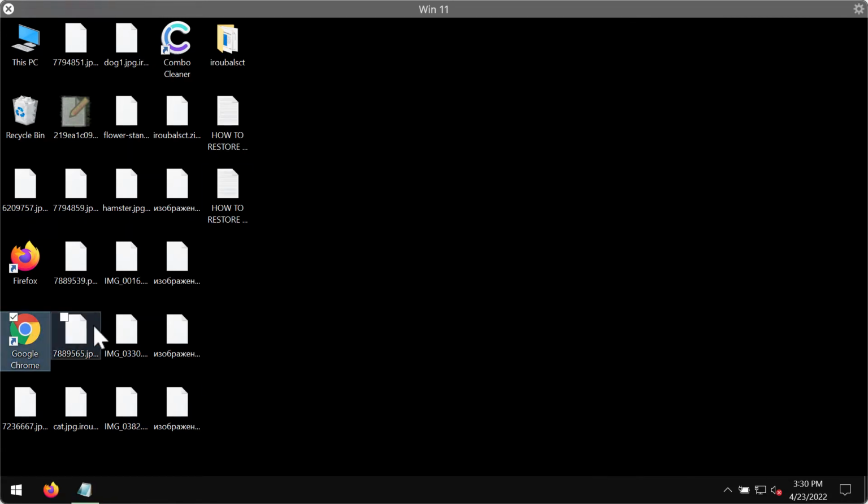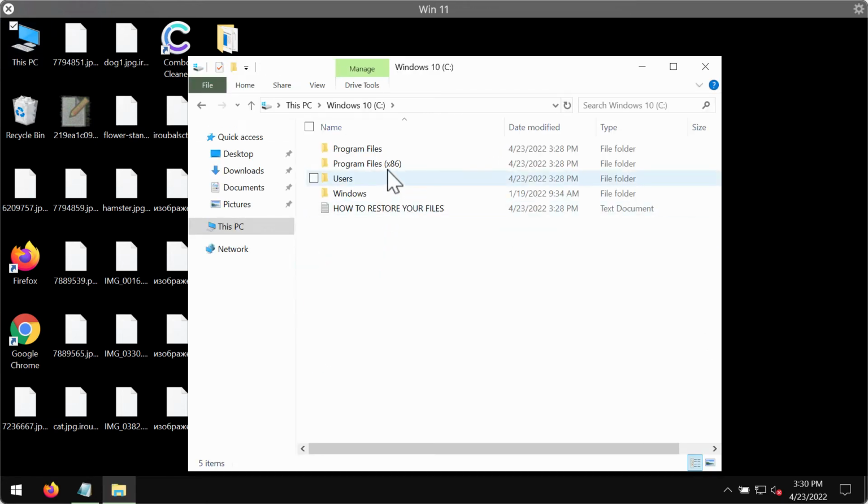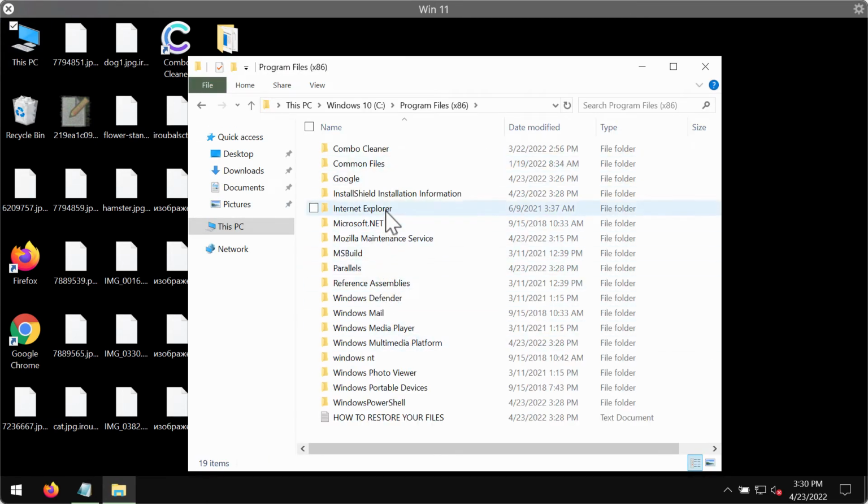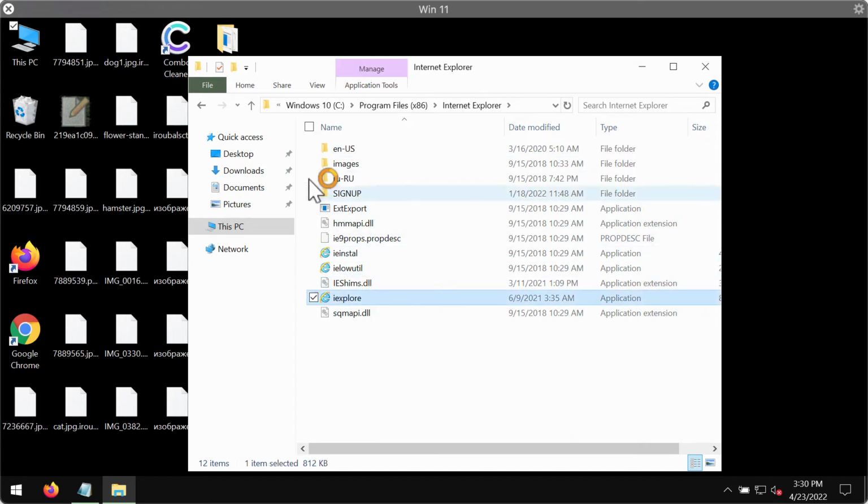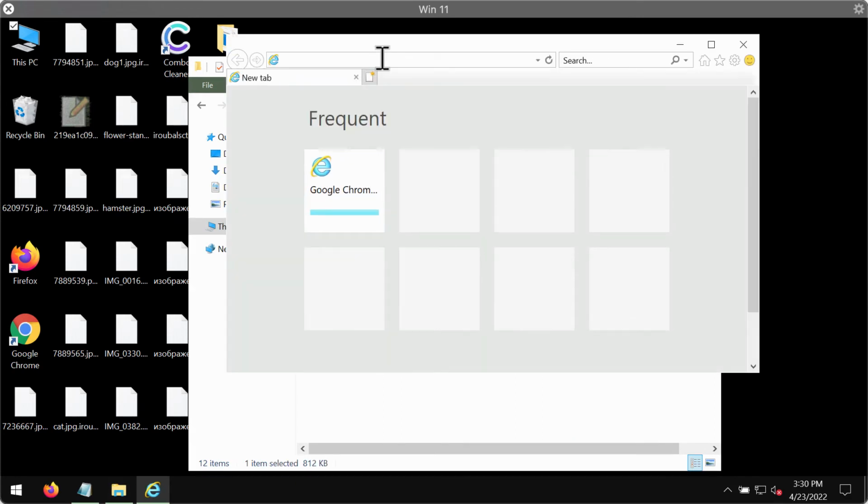We also recommend you to remove this ransomware immediately, and we suggest you to do that with the help of Combo Cleaner antivirus. You may get its latest version on the official website combocleaner.com. You may download Combo Cleaner through any available browser. If you cannot start your common browser like Google Chrome, you might need to use Internet Explorer browser for this purpose. So once again, the page is this one,